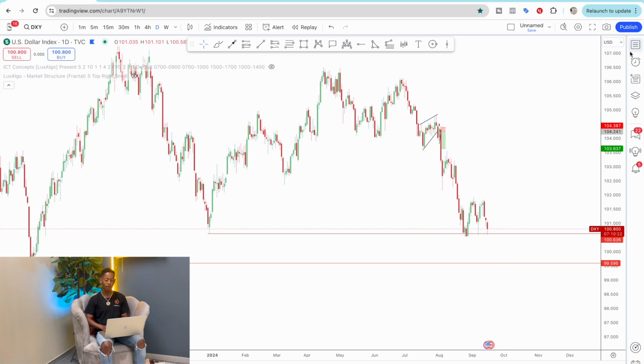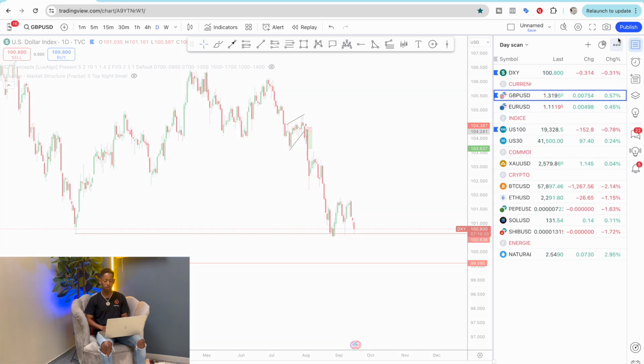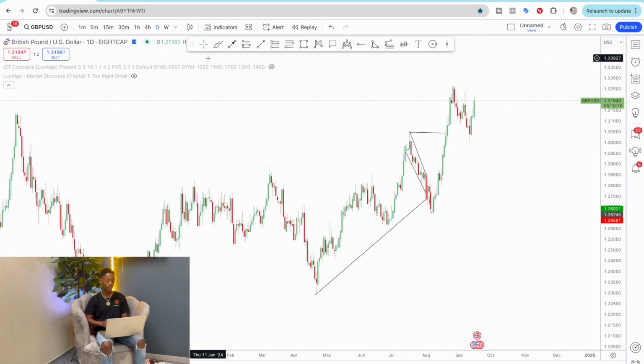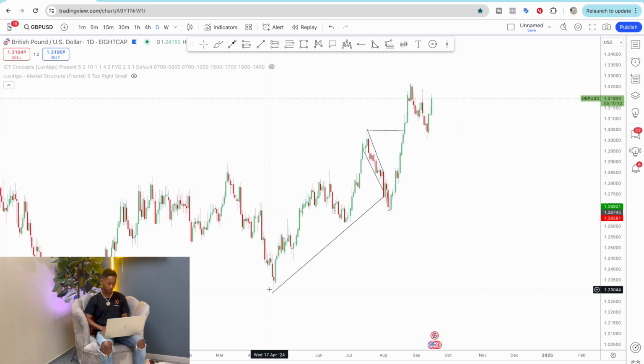But what I'll do now is I just want to quickly go into GBP USD, and from GBP USD we are also going to take it to the next move. So here with GBP USD, you can see the price has been higher high, higher low, higher high, higher low, and as well higher high and a higher low, which is right here. With that being said, you can simply see we also had this be our first point, second point, and as well here the third point.